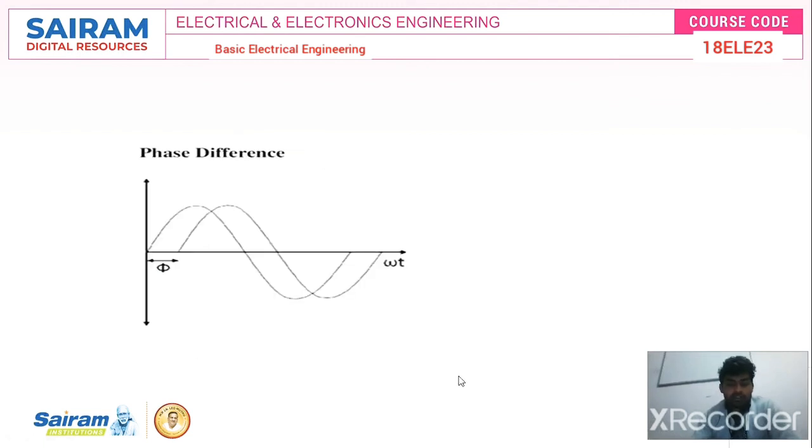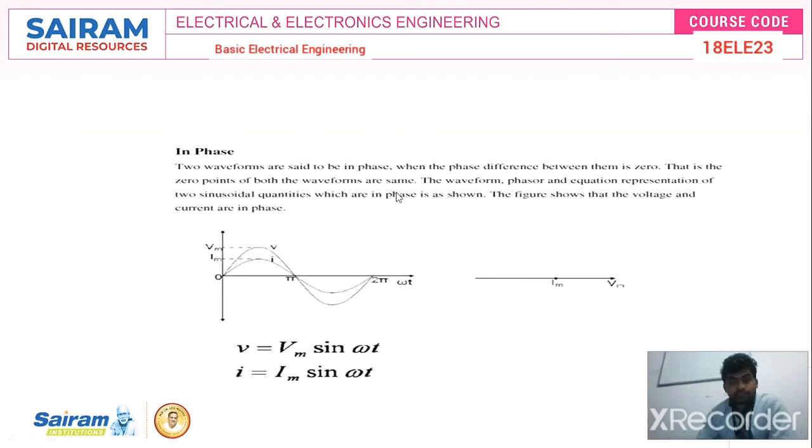We will see the waveform first and then the equation. Now phase difference, I mean phasor, right? So this phi is a phase difference, and this is one waveform, another waveform is here. And in phase, voltage and current are in phase with each other. V = Vm sin omega t and I = Im sin omega t. As you can see in the diagram here, Im and Vm are in phase with each other. If it is a resistive load, there is no phase angle. Phase angle becomes zero.